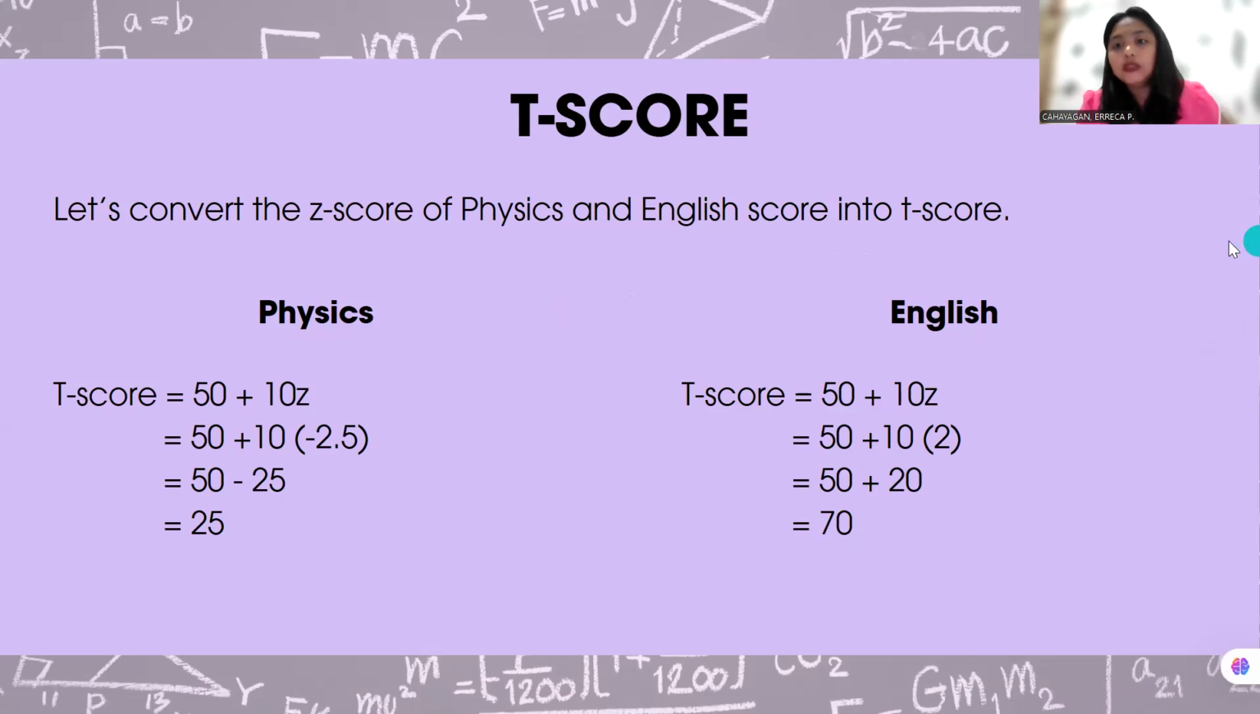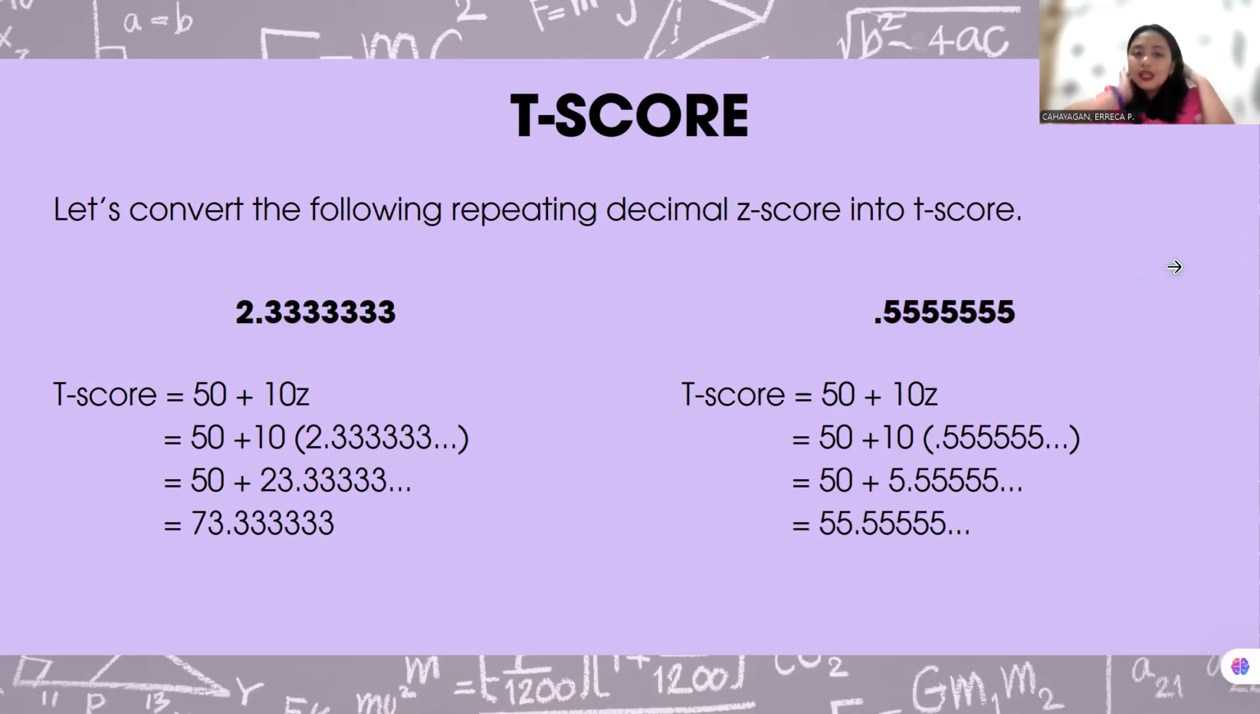Here in this slide, we can see that the z-score has repeating decimals, so it will lead the t-score into repeating decimals as well. The repeating decimals here are 2.333 and 0.555. So if you convert it into a t-score,